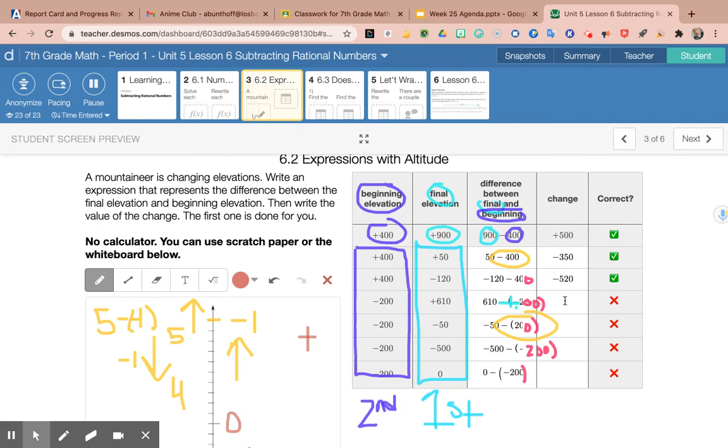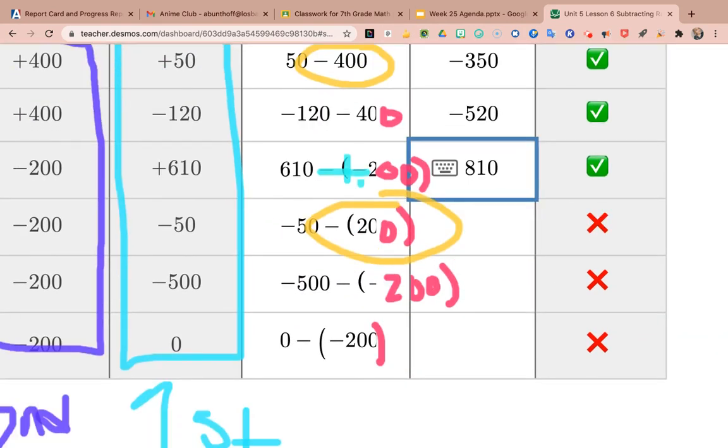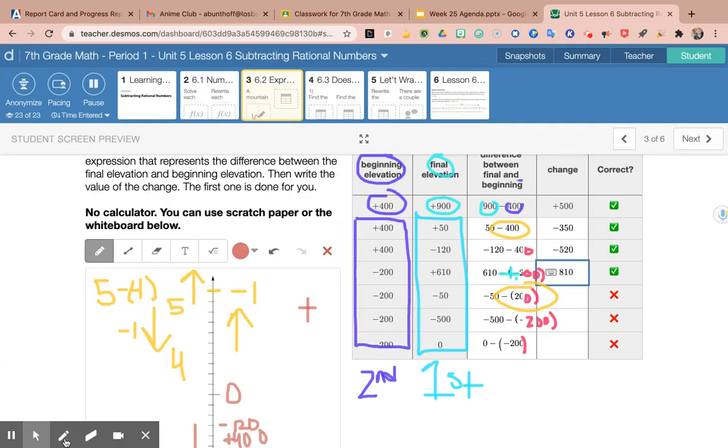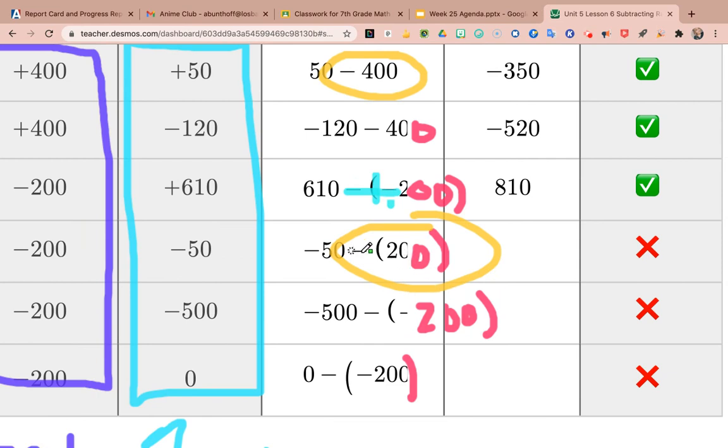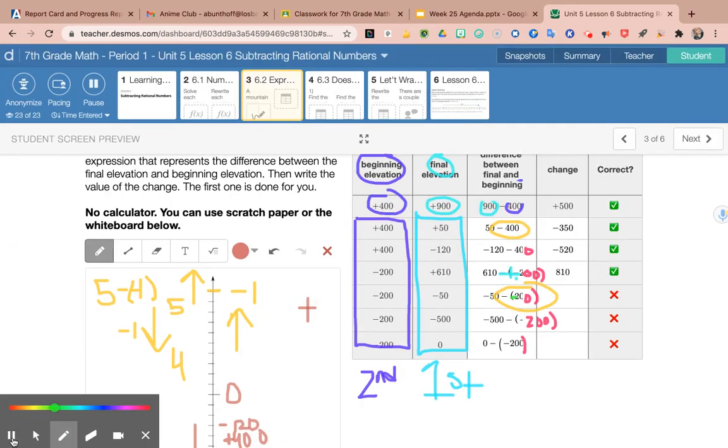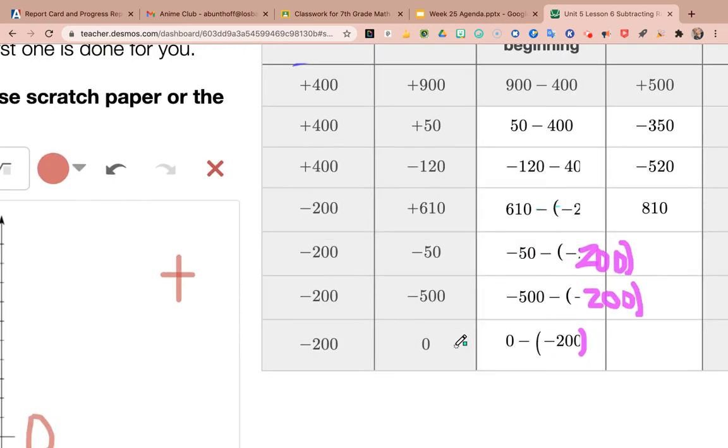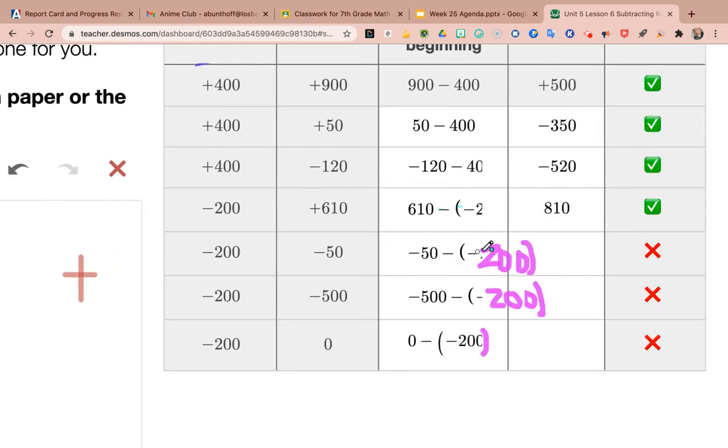All right, so 610 plus 200, we get 810. Again, this is going to turn into, let me get a marker real quick. Sorry if I'm making you guys dizzy. Oops, I messed up. That was supposed to be negative 50 minus negative 200. Let me go ahead and fix that real quick. Okay, sorry, I'm going to fix that. There we go. So subtracting a negative, they cancel each other out, and they turn into a plus. So I have 200